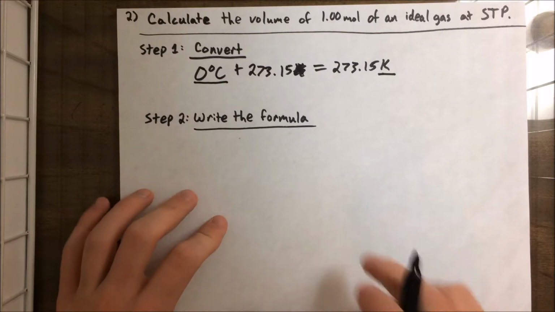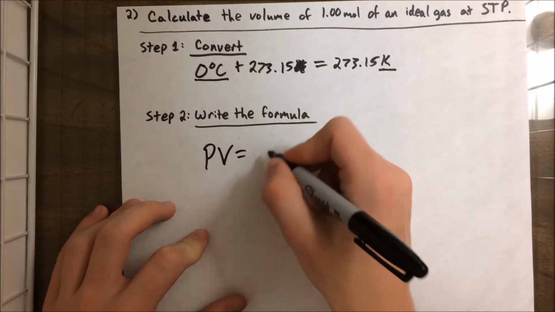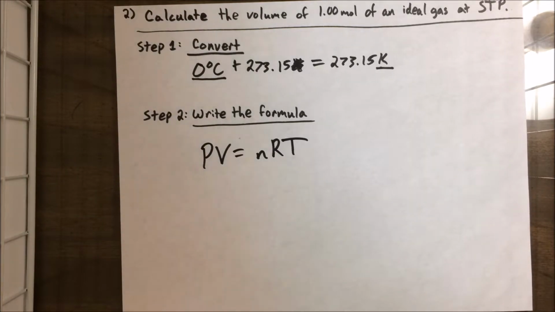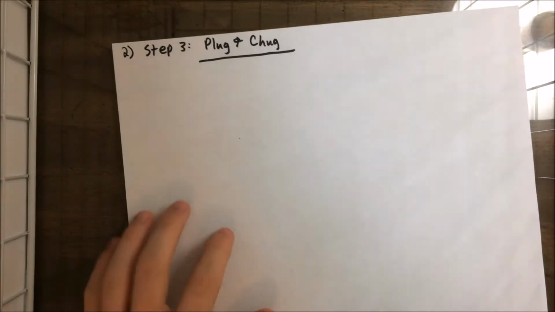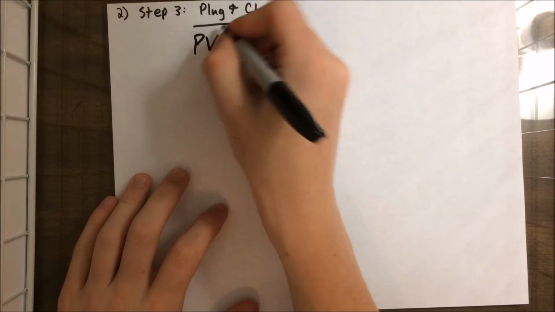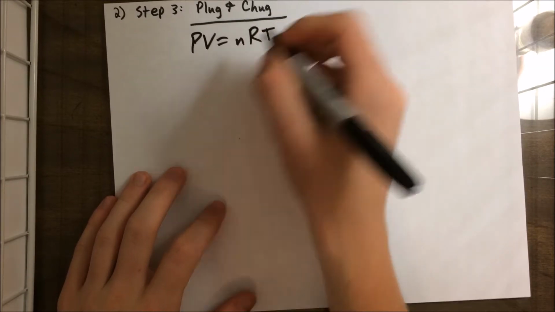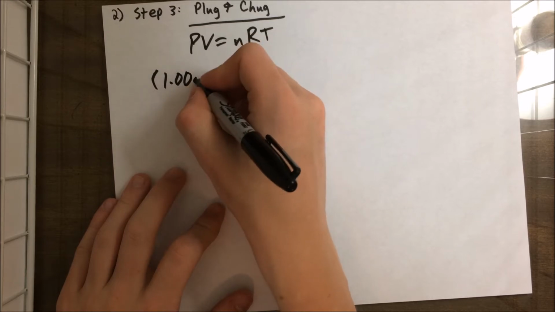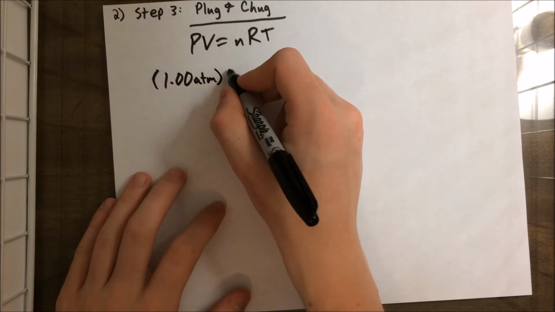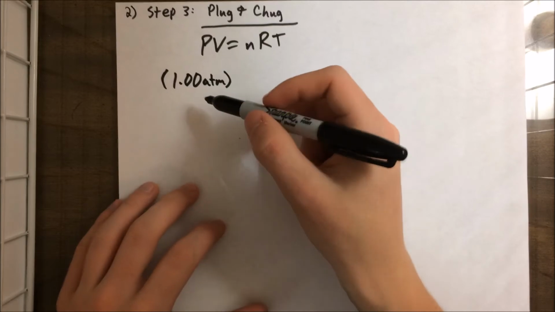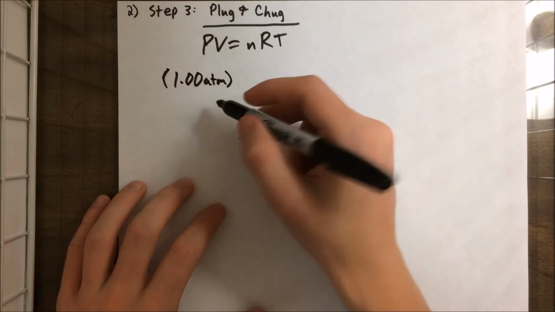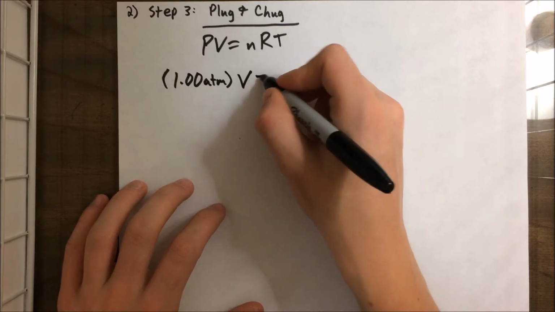Okay, so then step two is to write the formula. So PV equals nRT. Nothing changes with the formula. It's still the ideal gas law. Okay, and then step three is to plug and chug. So PV equals nRT. So then the pressure is standard pressure, so 1 atm. And that's because it's a definition, significant figures don't matter with that. So then times the volume is equal to